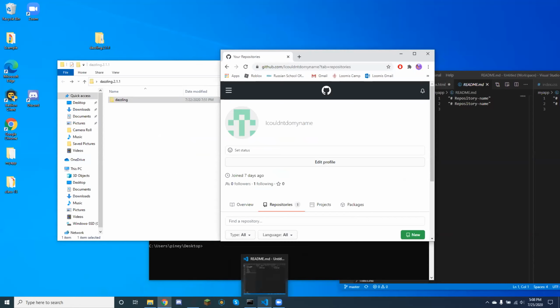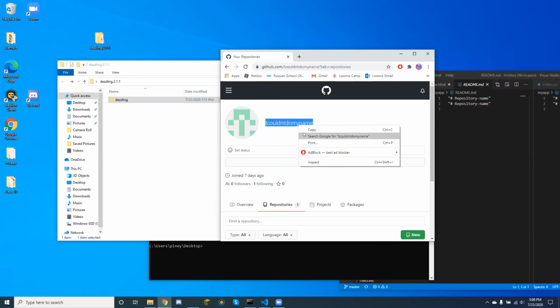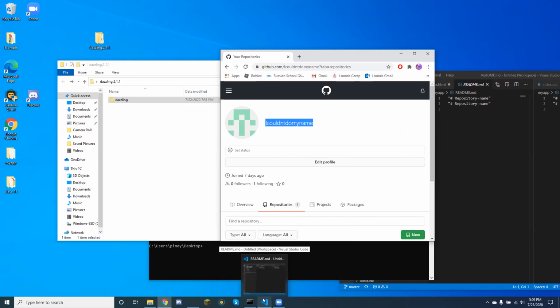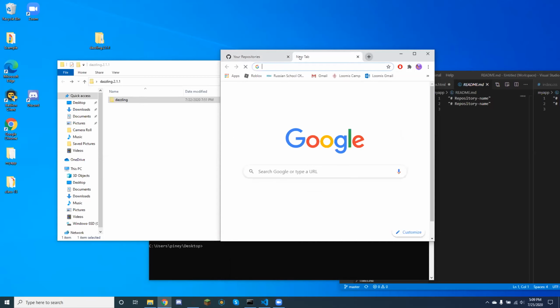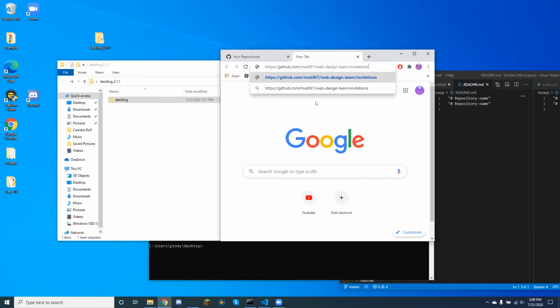Send me your GitHub username. It's right here. Okay, couldn't do my name. Paste, go.